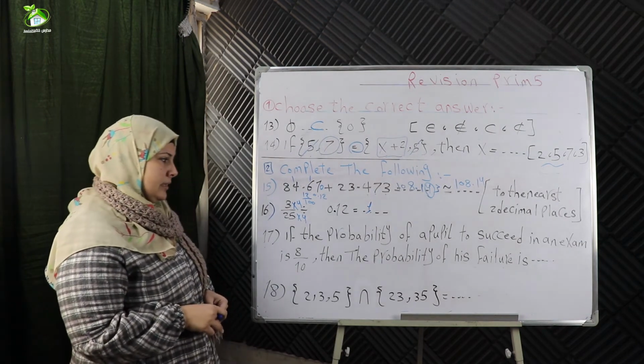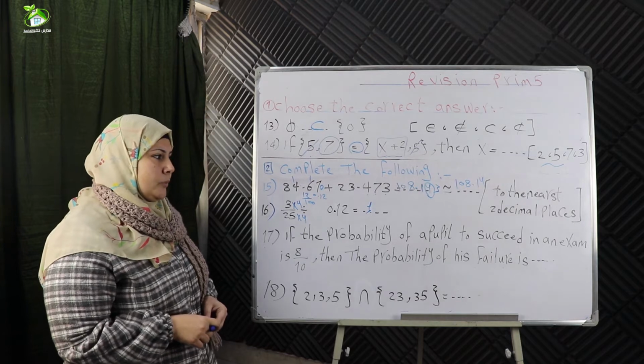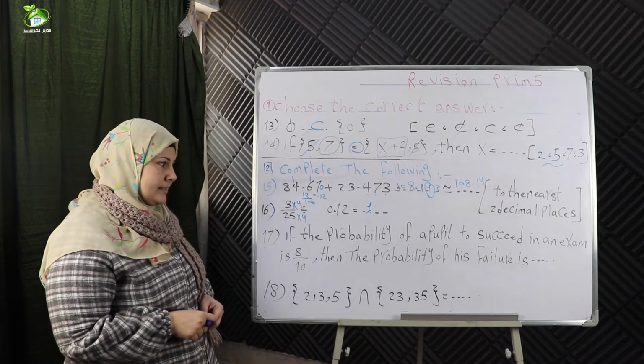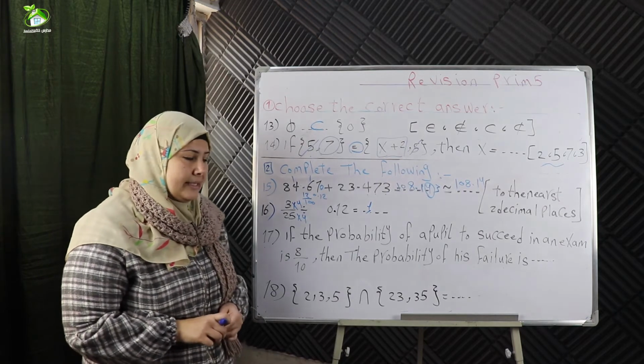Number 17, if the probability of a pupil to succeed in an exam is 8/10, then the probability of his failure is